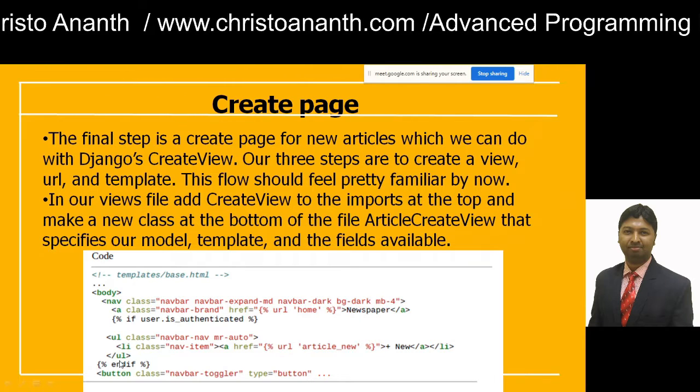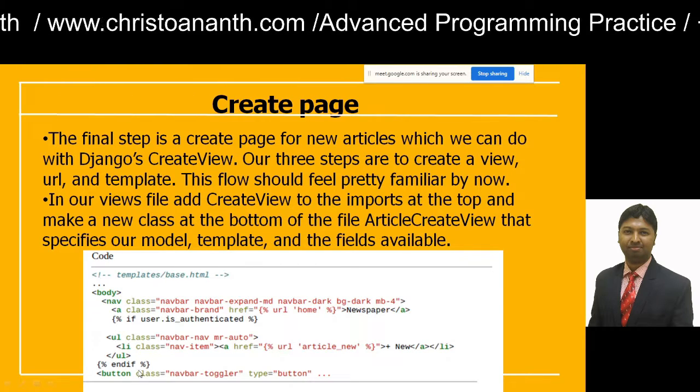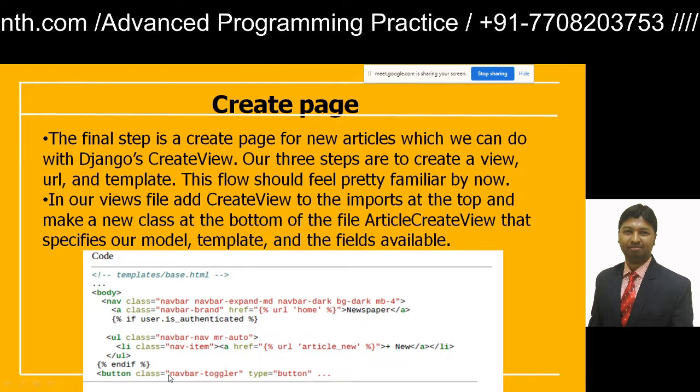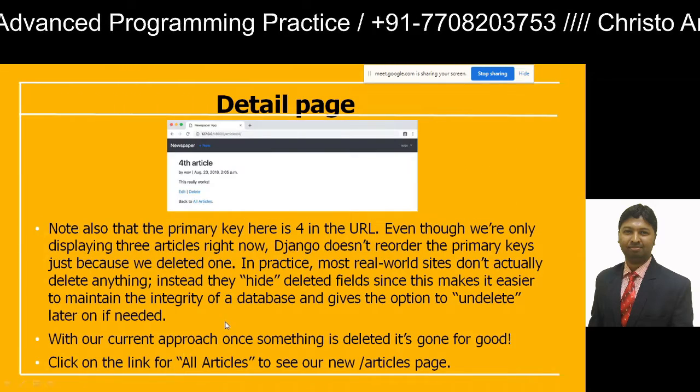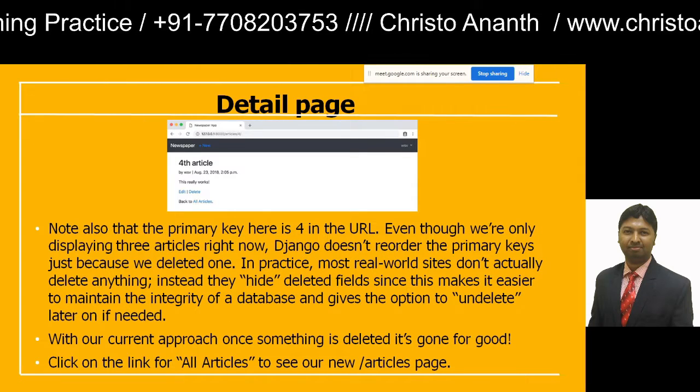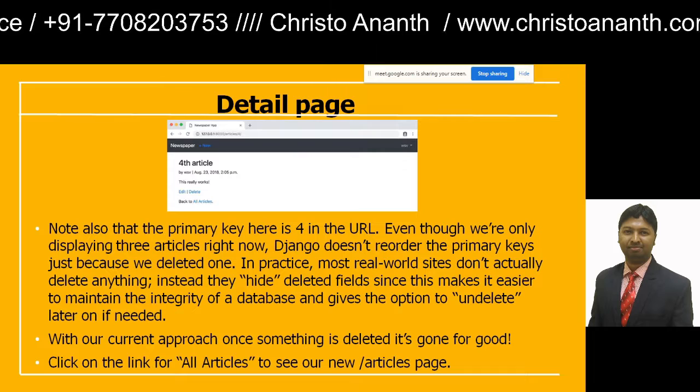You close with the unordered list, and then you have the toggler button, class is equal to navbar-toggler, and then you will have this one, the detail page, the fourth article. This is actually added.